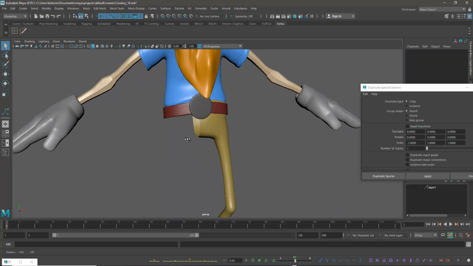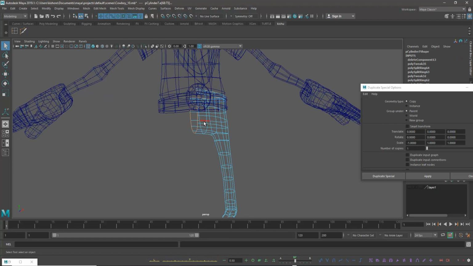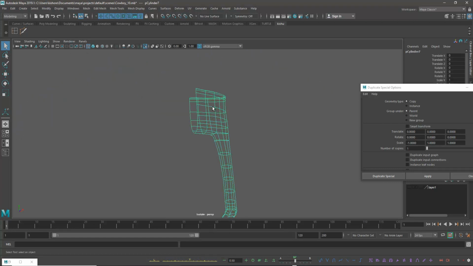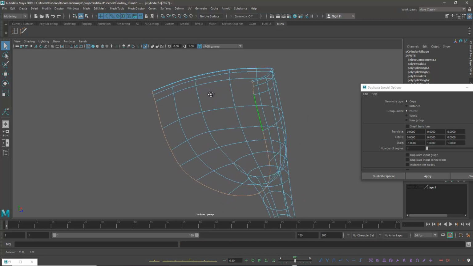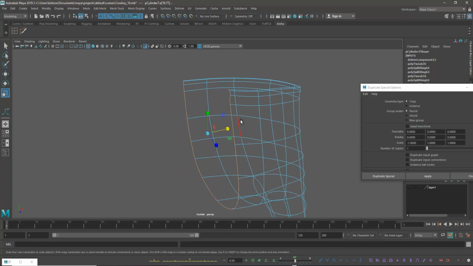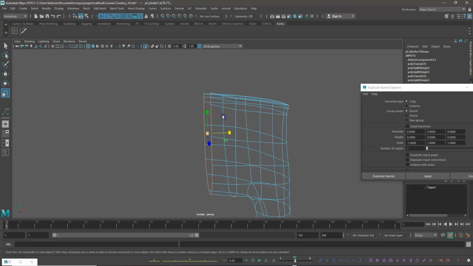Delete edges, 4. Before doing that, let's isolate. I don't need this. Duplicate special.